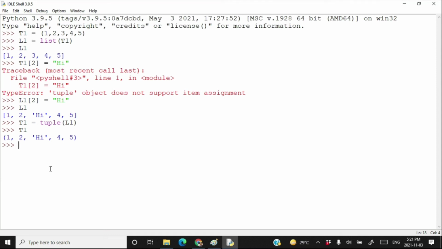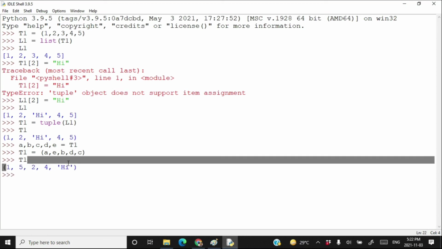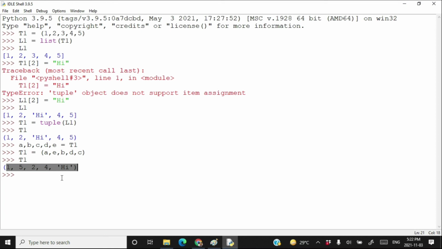Further, you can do it in a different way also. Suppose that I have 5 elements, so I have created 5 different variables A, B, C, D, E is equal to t1, and then create a tuple with a different ordering of these variables, like (a, e, b, d, c). Enter t1, and here you got a tuple with all these values permuted.